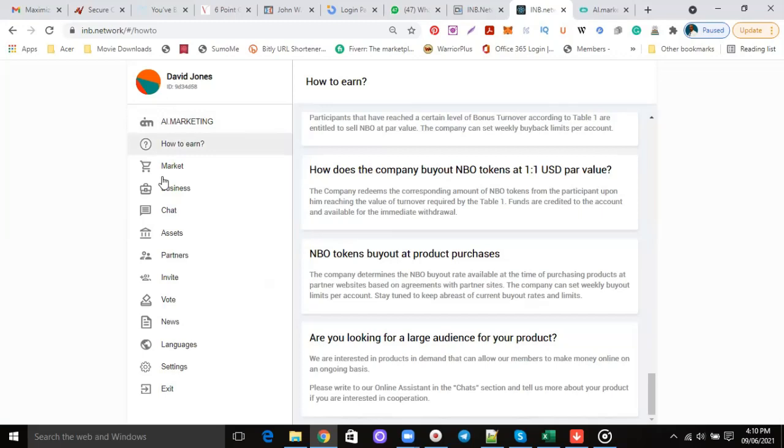1, 2, 3, 4, 5, 6, 7, 8, the 8th tab down from the top, invite, that's the link you want. The next link that you may want to look at is your partners. In the partner link,